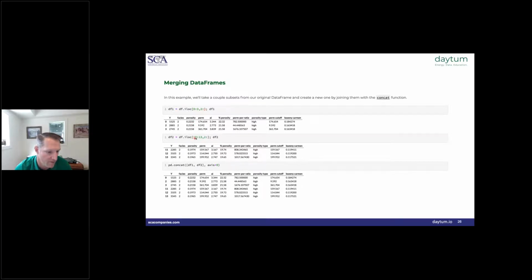Additionally, we create a new data frame from rows 10 to 13 and columns 2 to the end. So those are the data frames df1 and df2, and you see those subsets here. We can use the concat command to concatenate the data frames along the rows. If we specify axis equal to 1, we can concatenate data frames across the columns. So there's an easy way to join data together. Again, much easier than trying to do it in Excel and copy and pasting from different workbooks or whatever.